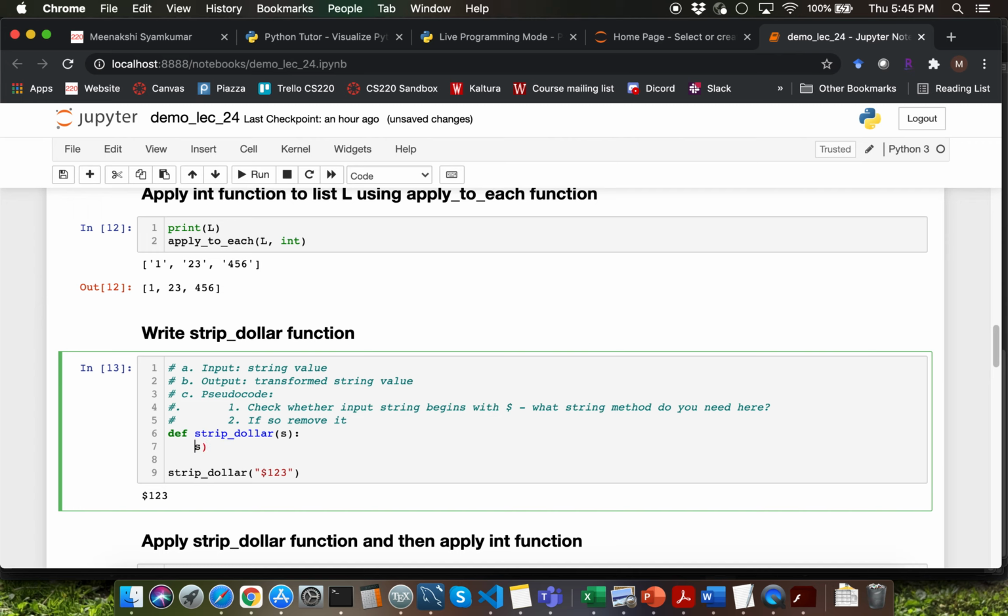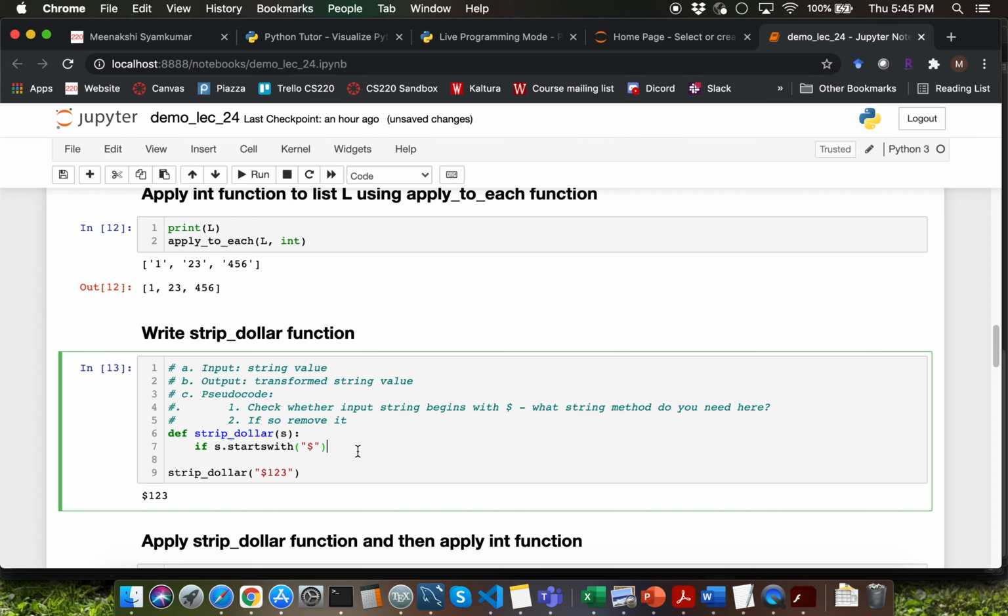Recall that the syntax for method call is sequence variable name, which is s here, dot the method name, which is startswith, and we are going to pass to the startswith method an argument, which is going to be the string dollar here.